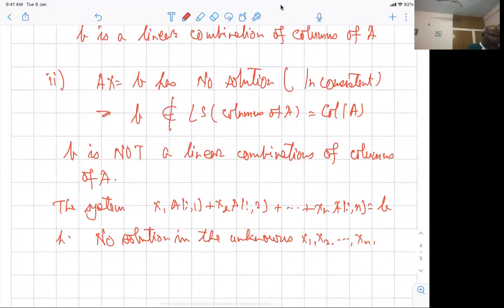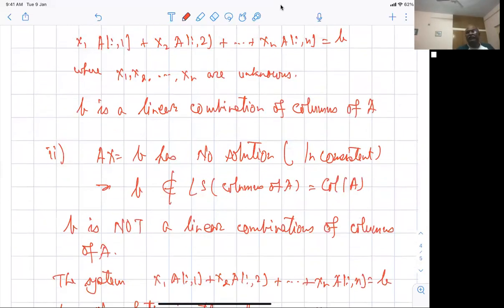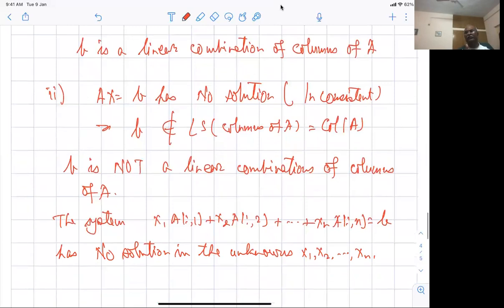If you remember, I had said that whenever I solve a system of equations, we look at lines, intersection of lines, planes, and so on. But this also gives us some idea about the vectors, and we are looking in the language of vectors at what they mean. Consistent means it is a linear combination, or it belongs to the column space of A. B is a linear combination of columns of A. So all those things are the same. If there is no solution, it means that there is no point of intersection. It means that the right hand side does not belong to the column space of A, or it is not a linear combination of columns of A, and so on.